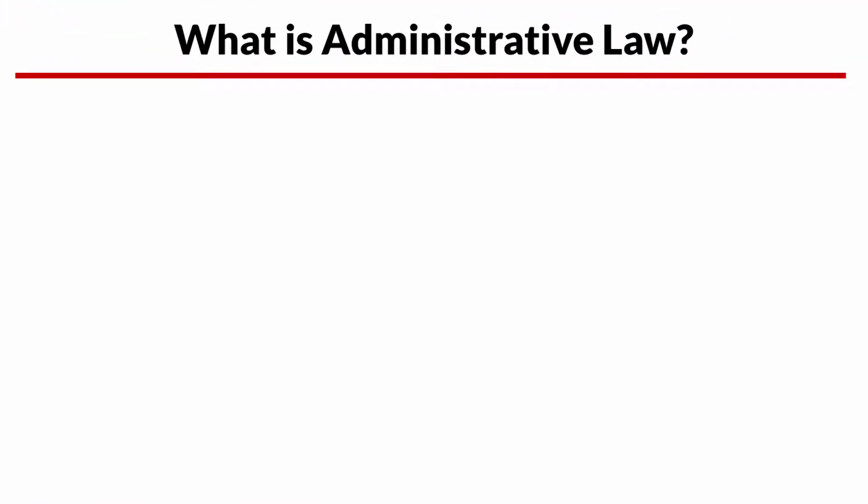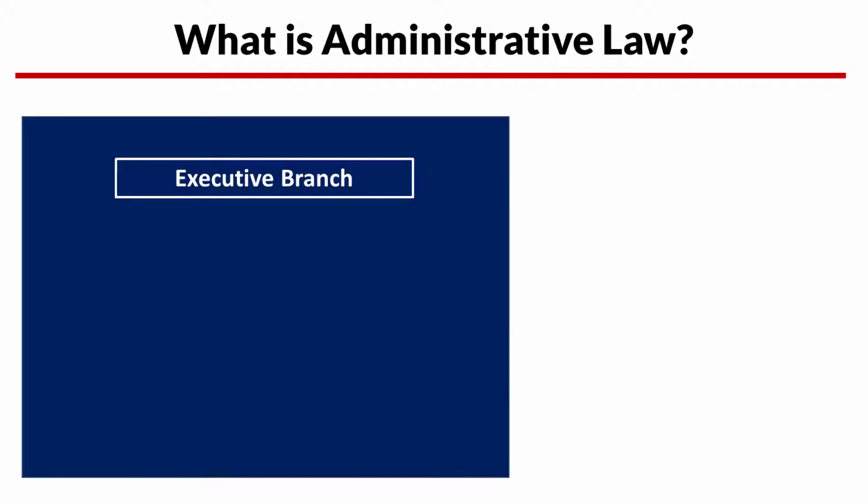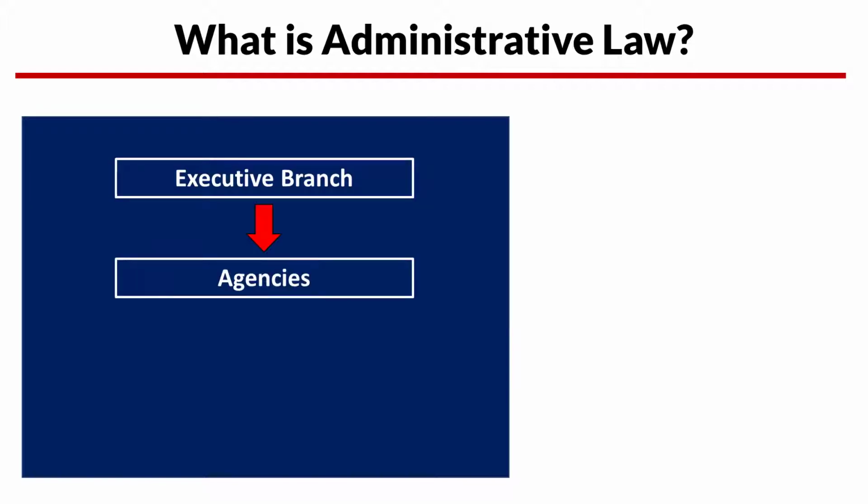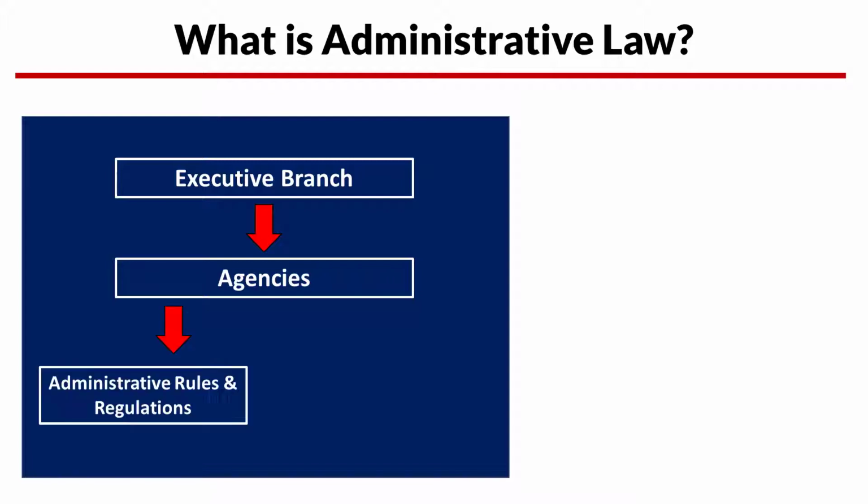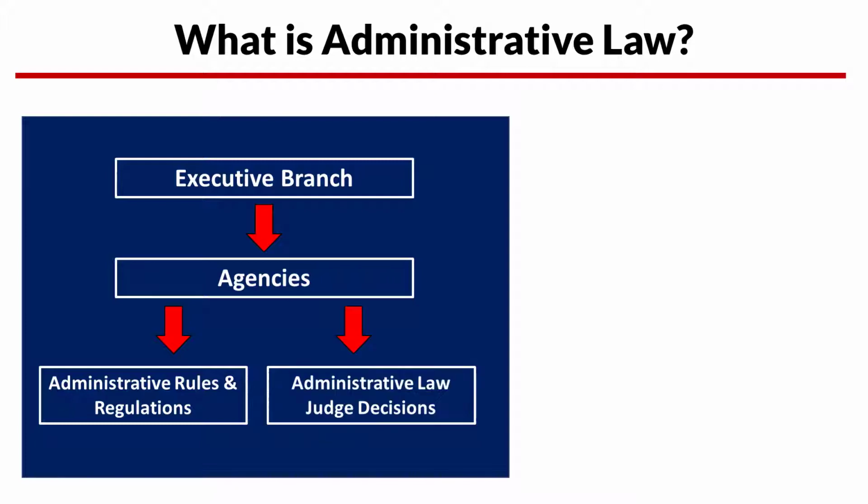Administrative law refers to law created by the executive branch. Congress creates an agency by enacting a statute, which is called the Enabling Act. When researching administrative law, it's often helpful to begin by reviewing the Enabling Act in order to better understand the agency's purpose and scope of activities. The Enabling Act authorizes the agency to create rules and regulations that govern activities, and to issue agency decisions that interpret and enforce the regulations.